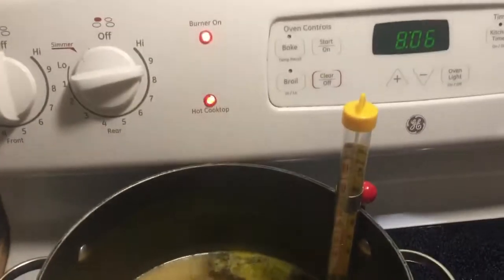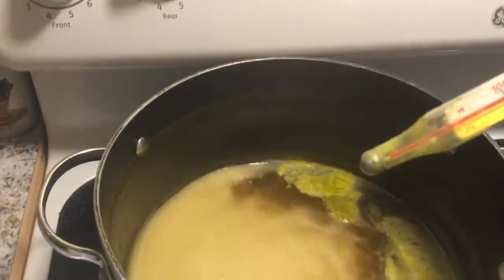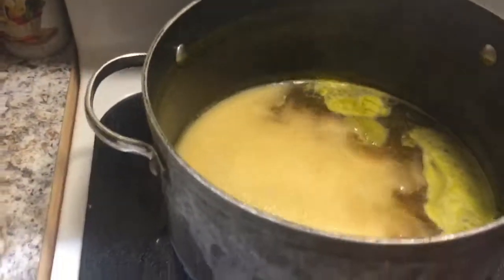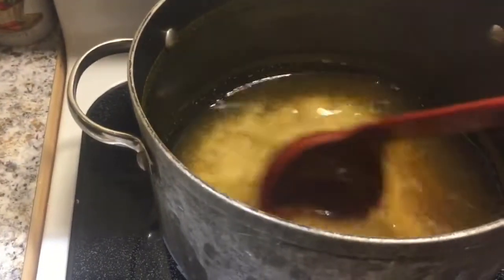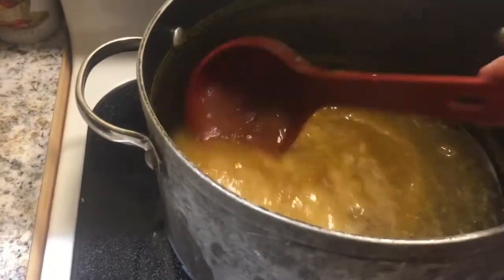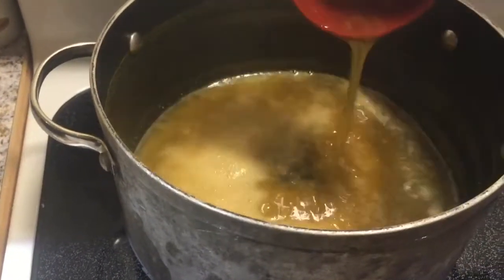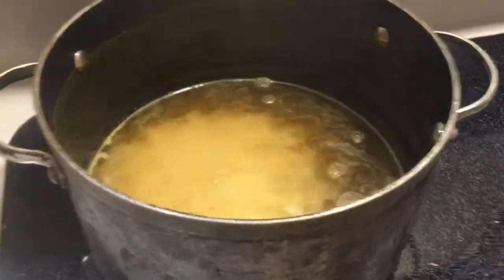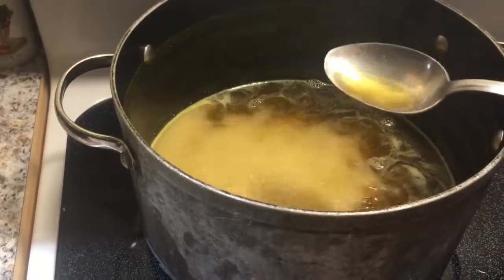Oh, it's been another 30 minutes, a little after 8 now. And I'm going to remove the thermometer. Stir. You see that we're down to practically nothing at this point. Now I do know that it will not thicken while it's hot. It has to be cool. So we're going to...